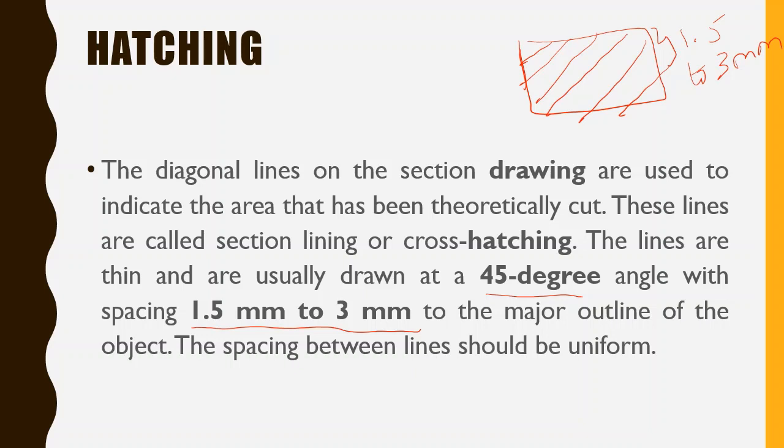This hatching is differentiated as cross hatching, and in cross hatching we may also have inverse hatching. Inverse hatching is used to visualize different objects: if you have two or more assembled objects, when you cut one object you indicate it with one direction, from left to right, that is, left turning. When you cut the other object in the same parallel assembled object, you have to introduce right turning hatched lines, right?